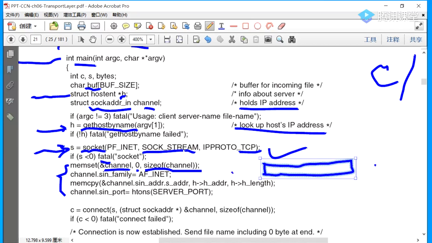And set all zeros in the memory area. So set this number of zeros of bytes, size of channel. This is a channel, and the size of, and set all zero with 0. So this is set. Channel dot SIN family set with